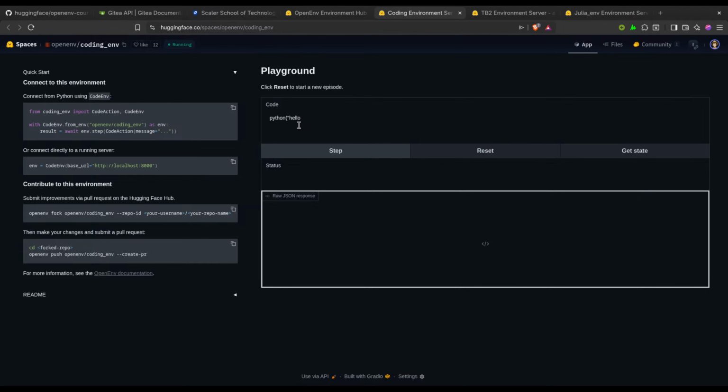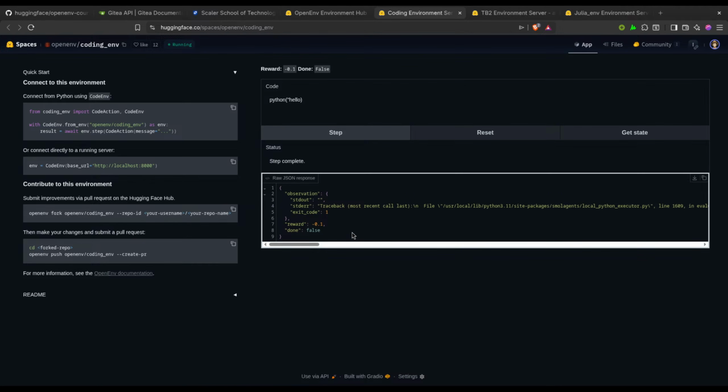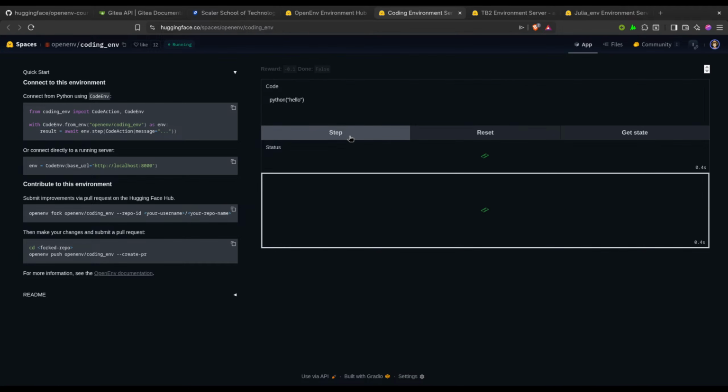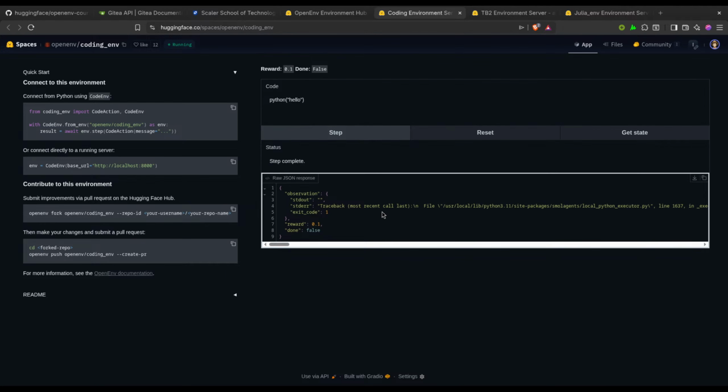Hello, and let's close it. I'm not closing the double quotation. Let's see what it does. It is giving us a negative thing, showing us the error in real time. Let's suppose if I do this, let's see what it does.